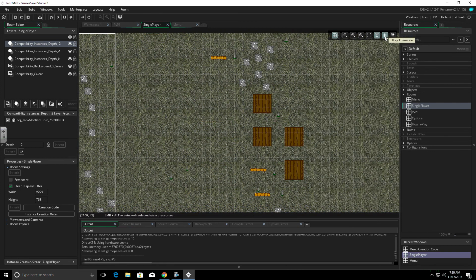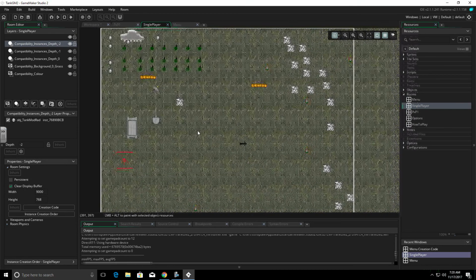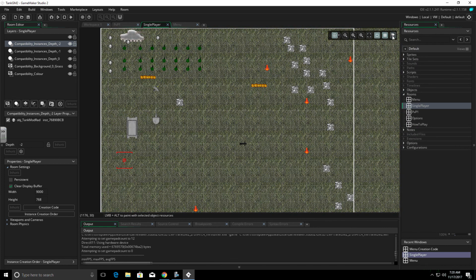I've got play animation tools, so I can hit this and I can play all of my animations and see how it's going to look in my room. And then I've got select from any layer. If I click that, I can select things from no matter what layer I have selected over here.